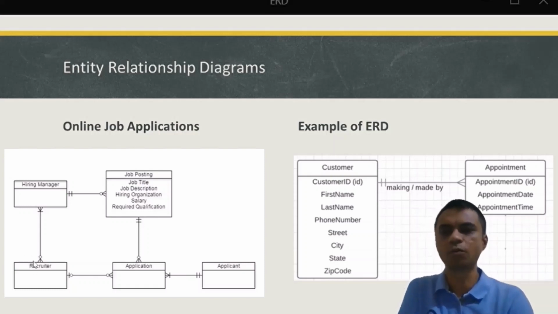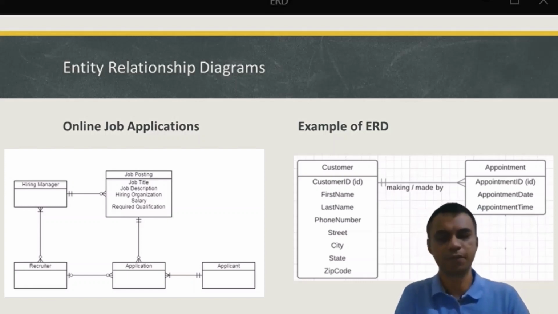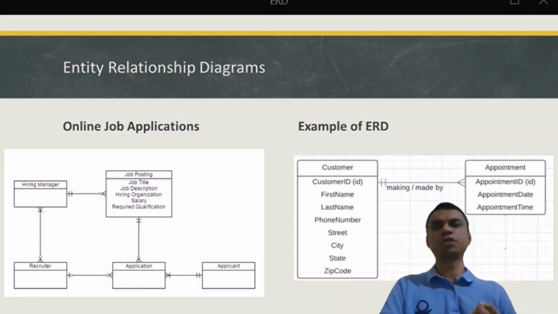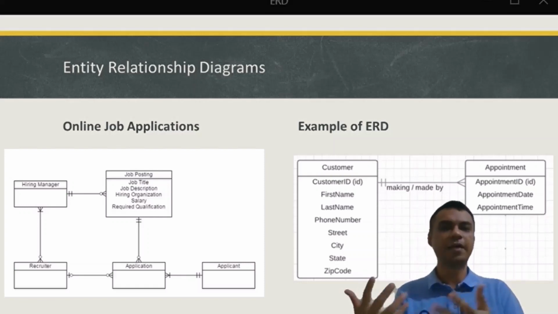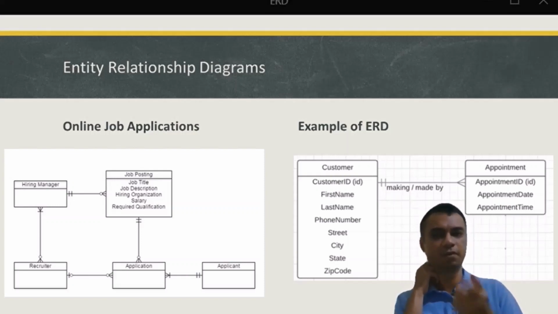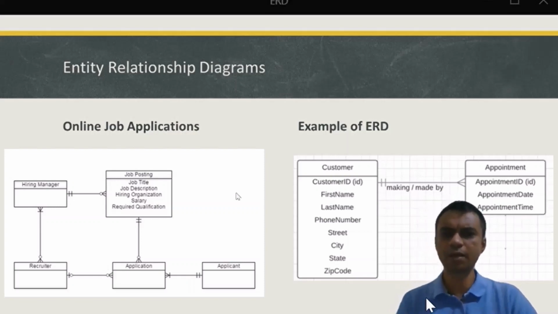So it is important to keep it optional and not make it compulsory for the hiring manager to have a recruiter. Right? If your business situation is like that, there are some businesses where it is possible that you want to have recruiter compulsorily. Some IT companies do that because they have understood that hiring managers directly hiring is not very efficient. It's better to have a recruiter compulsorily. So these are basically some examples that I gave about what your entity relationships are.